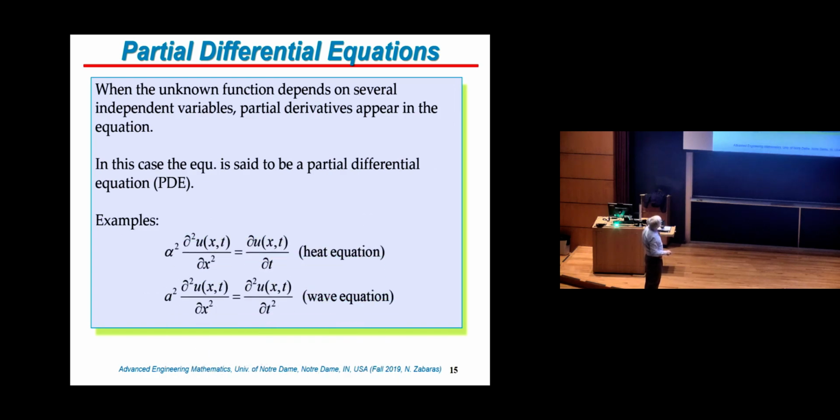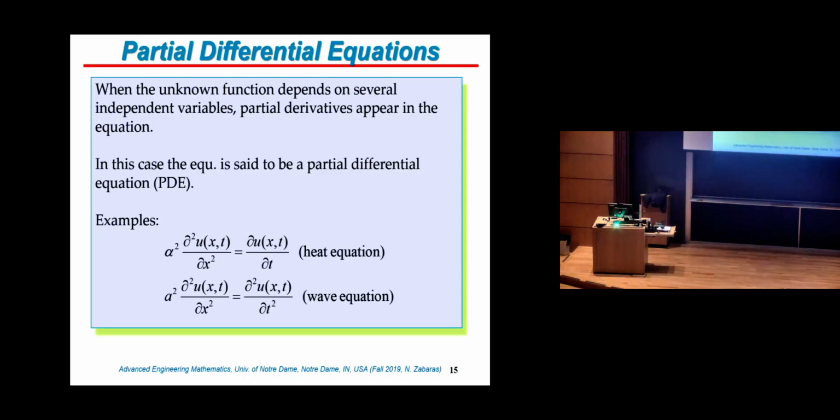So here are some partial differential equations, and again, if we have time, I want to discuss the solutions to both of these equations. Both of them involve space and time, but the space involves only one variable, the way they are written here. So you can see the wave equation having an acceleration term, and then the heat equation. The solutions of the two equations that you see here are very different from each other.